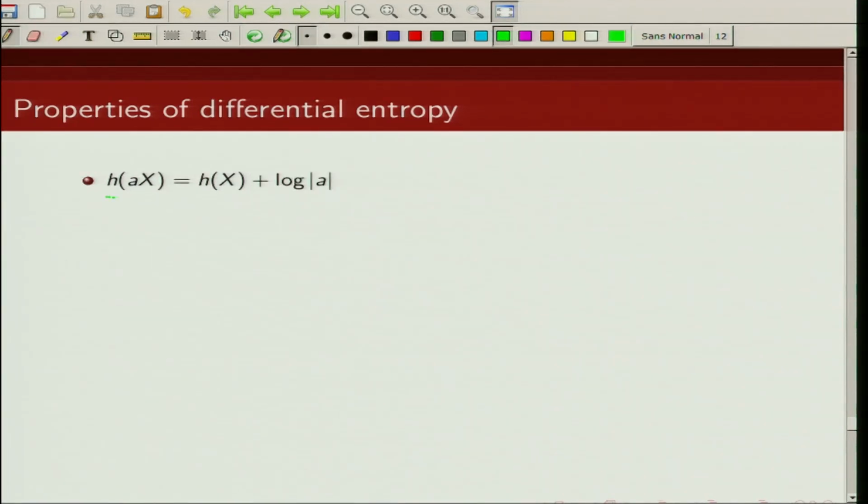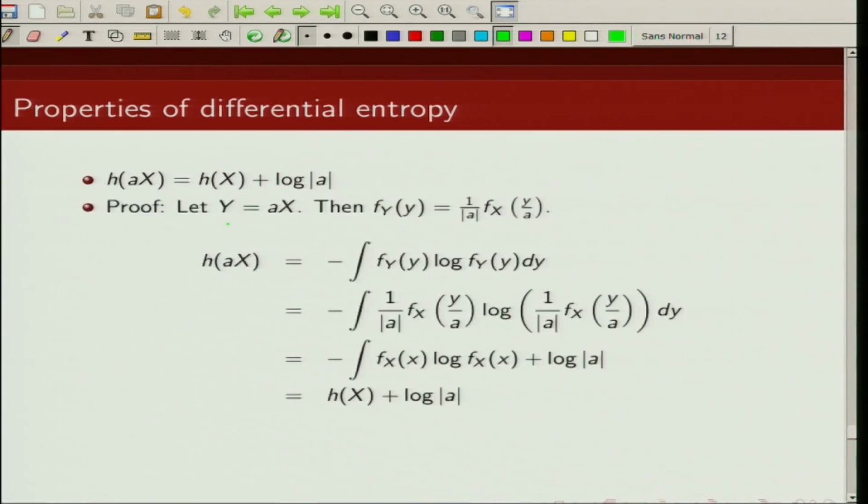So this is the effect of scaling. Differential entropy of a times x is given by differential entropy of x plus log of absolute value of a. So here y is given by a of x. We can write the density function of y in terms of the density function of x, and from the definition, differential entropy of y is given by